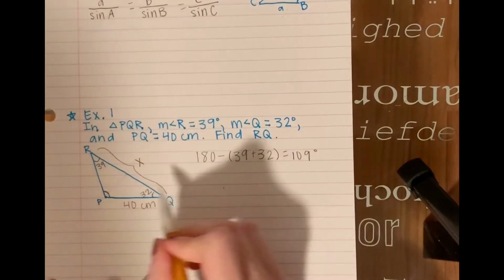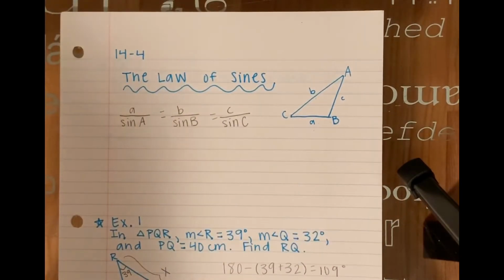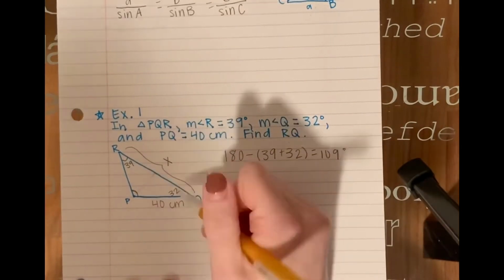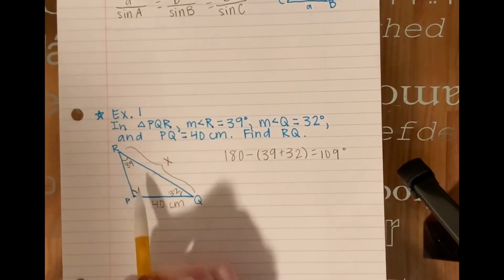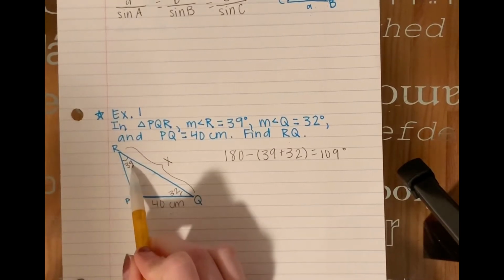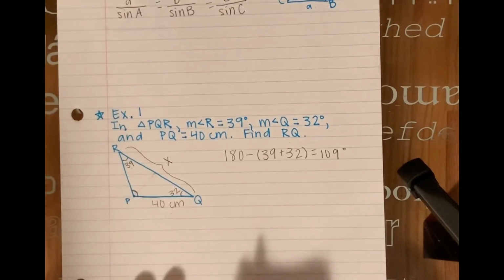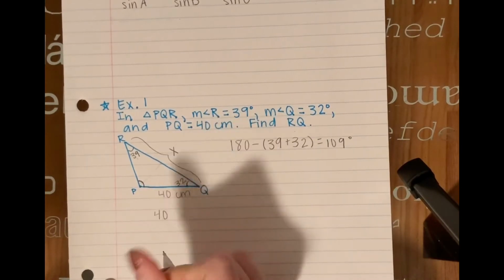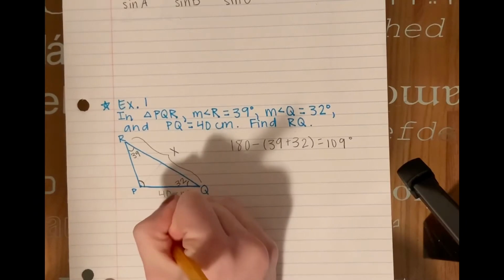Then, to use the law of sines up here, I need to see which pair I already have in my triangle. Well, 32 is the angle Q, but I don't have this side over here, but I do have 39 and 40. This is a pair right here. Angle R and then side PQ are across from each other. So the first ratio I can set up is side 40, this side, over the angle across from it. So over sine of 39